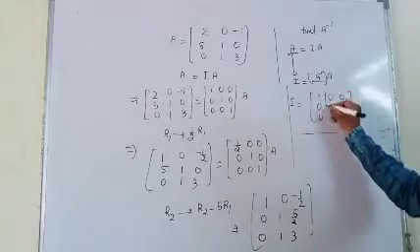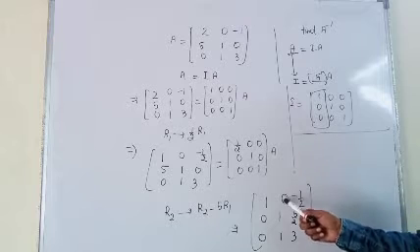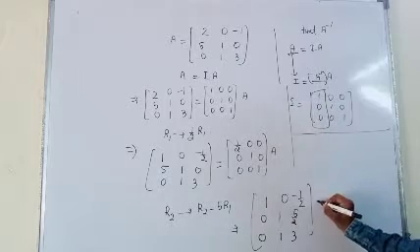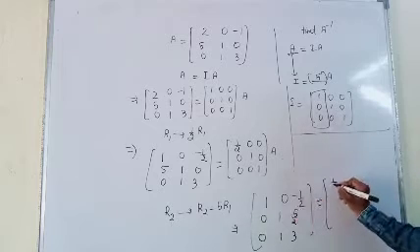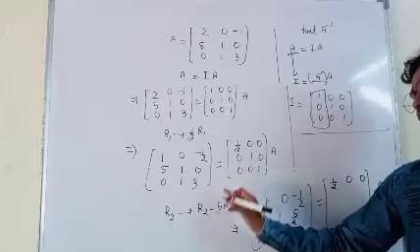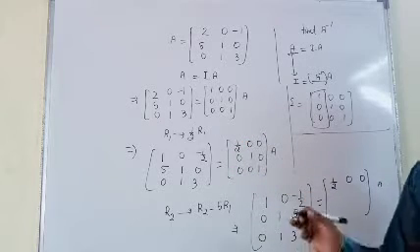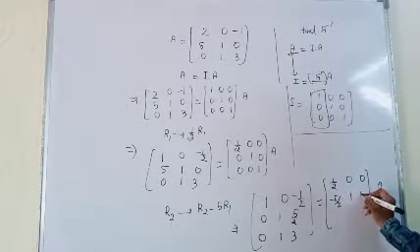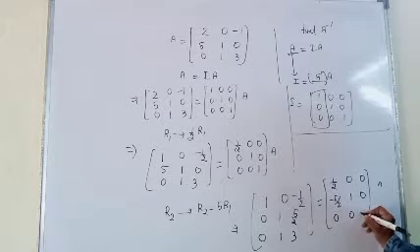One part we have achieved. In the first column we have 1 0 0. The next one we have to make 0 1 0. 1 is available, here it will be 0. So this will be the format. Along with that, we apply the same operation on the right side. 1/2 will be the same, 0 0. For R2 minus 5 R1, 5 times 1/2 becomes 5/2, and 0 minus 5/2 becomes minus 5/2. Then 1 0, there will be no change, and the last is 0 0 1.